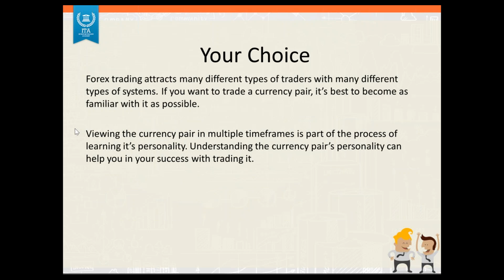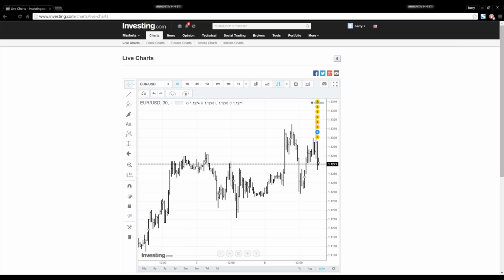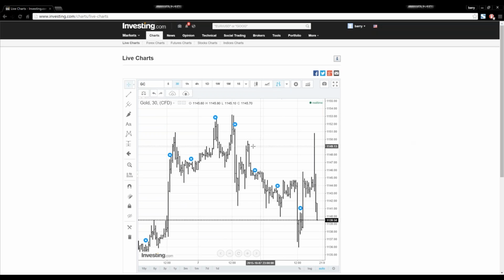So let's go pull up a chart on the screen. Okay, give me a second. Let me get a chart up here. Okay, let me real fast. I'm going to turn this chart over to gold, because gold is one of the best examples. So if we were to look at gold in a